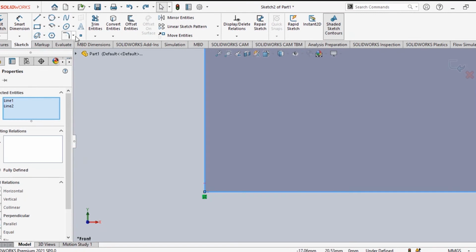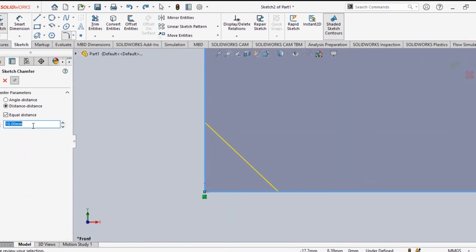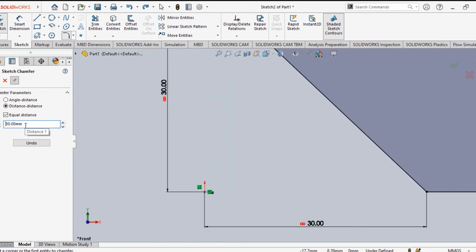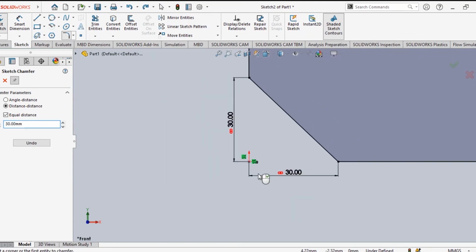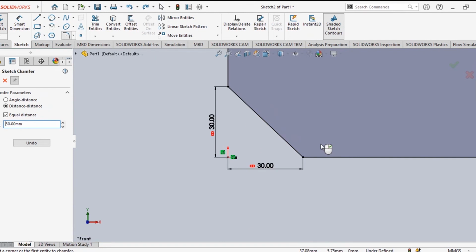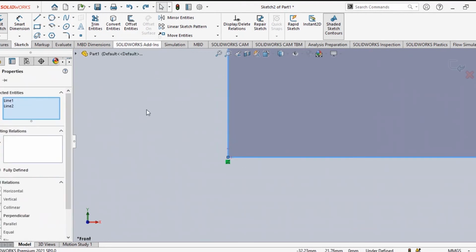So if you want to make this one with specific dimensions, suppose 10 is there, you want to make 20, 20 each or 30, 30, 30 will write 30, enter. See, this is made 30, 30, chamfer is made. Sometimes it may so happen this left hand side and right hand side both will be different. The top vertical one and horizontal will be different. How you have to make it? Again, undo it and see how we can make different chamfers.